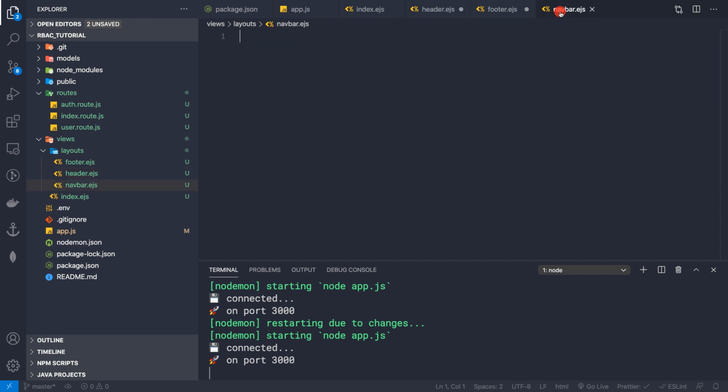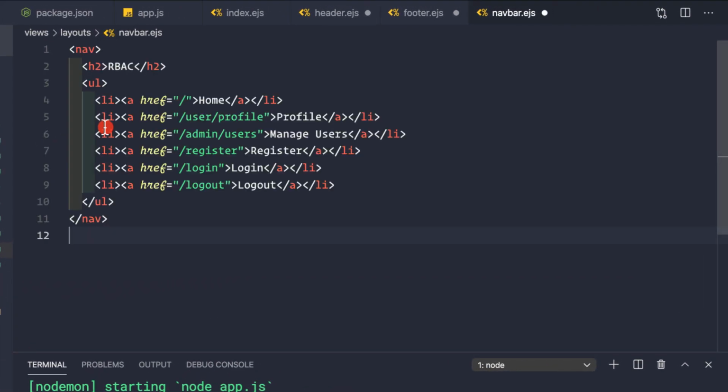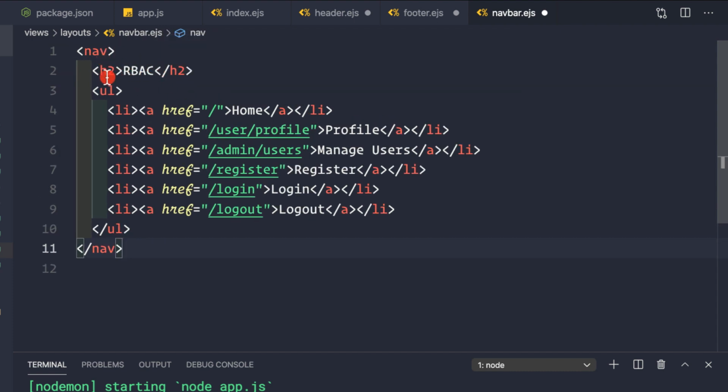So let's go to the navbar.ejs, and here let me paste in some navbar content. So let me copy this thing from here and paste in the navbar list here. So basically it is a simple navbar list. That is, we have an h2, that is RBAC, role based access control, and then we have a UL here with a couple of li elements, and they have a tags inside them that are responsible for going to each of the routes, that is users/profile, admin/user. And in case you are only learning passport.js local authentication, then you can ignore this route from here, or you can remove this thing from here.